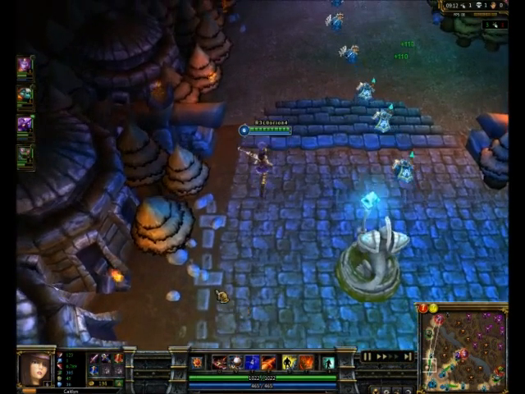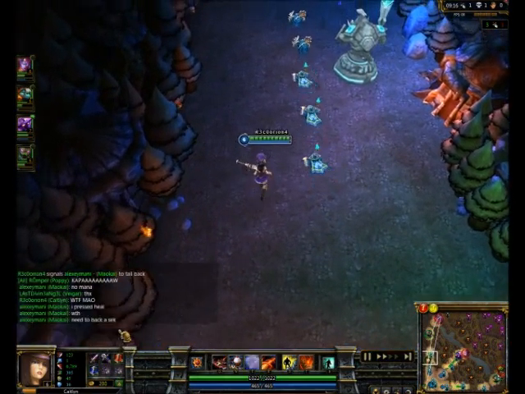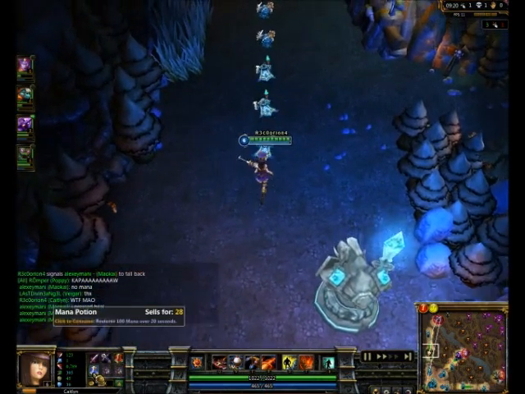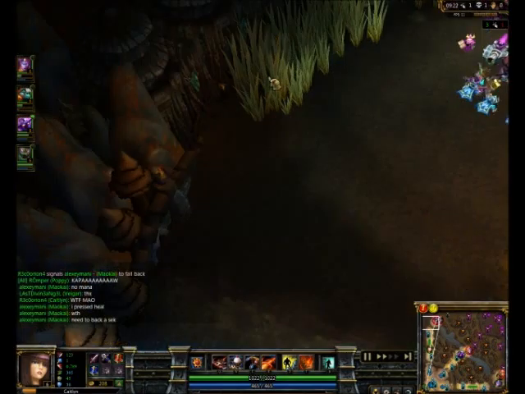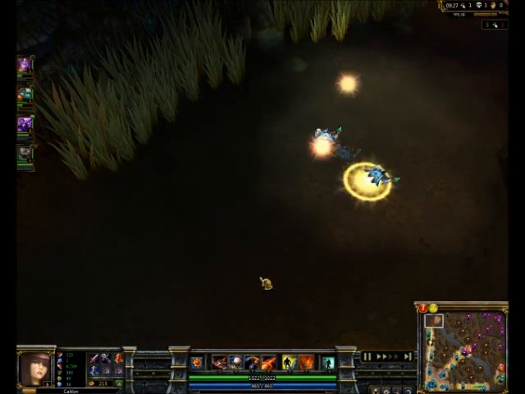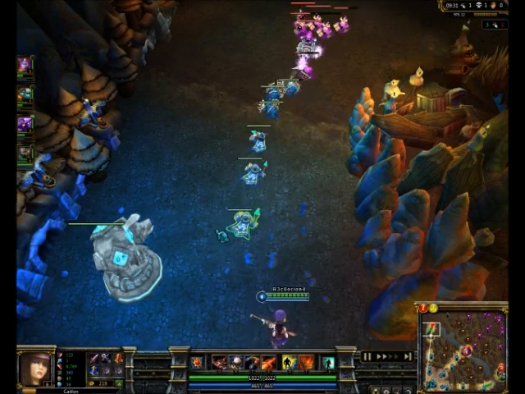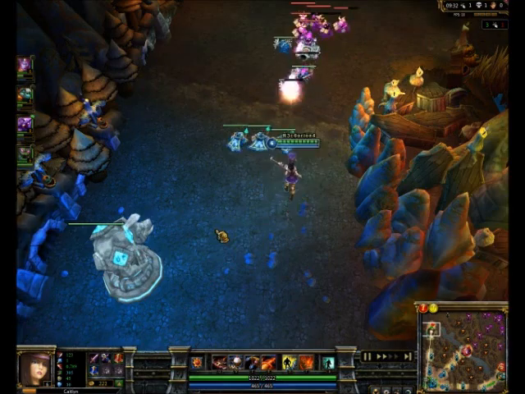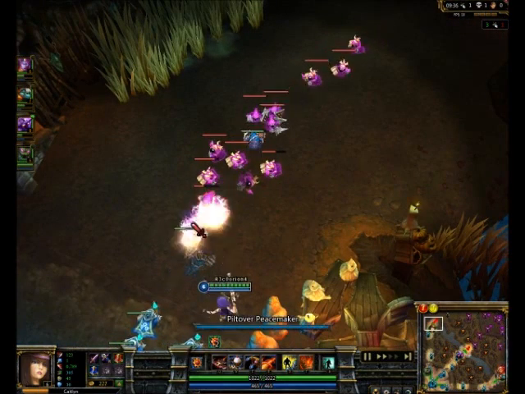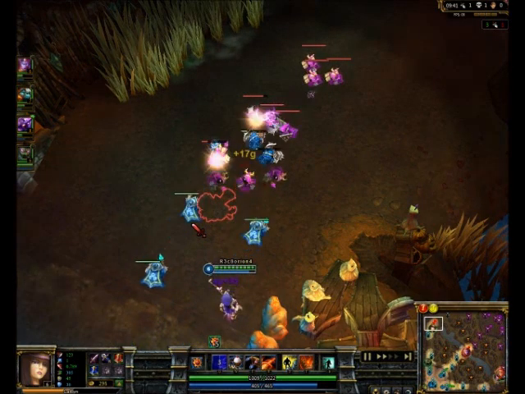On my trip back, I started off with a Doran's Blade. Should have probably said that earlier. On my trip back, I bought a BF Sword, some health pots, and a mana pot. The mana pot because I like to harass using my Q and using my snap traps. So I just decided to get that so I could, you know, basically just, oh gosh, I'm forgetting all my words. So I could,